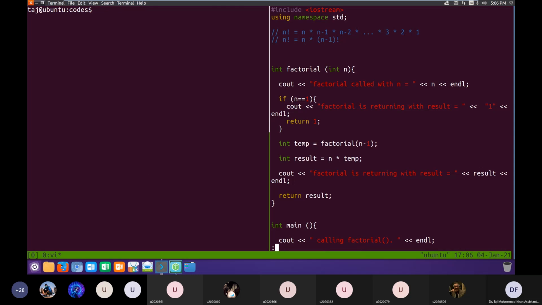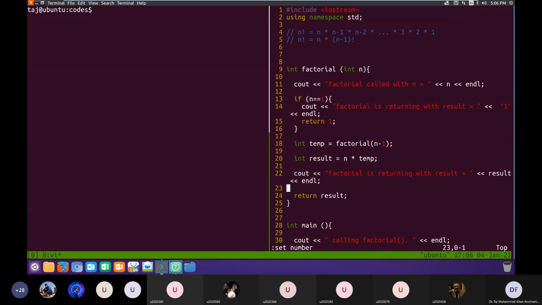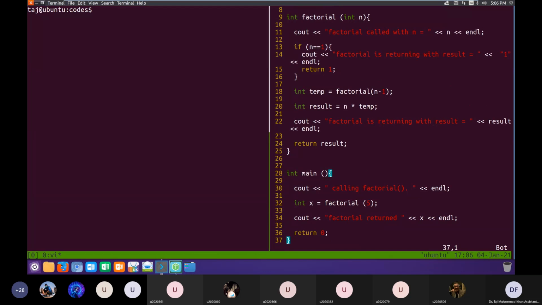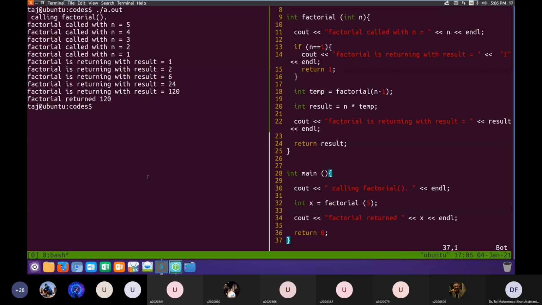So the first time we call factorial here on line number 32 in main, we pass it 5. So this factorial is called, code jumps here and n receives 5. This is the first call, and we see it here: factorial called with n is equal